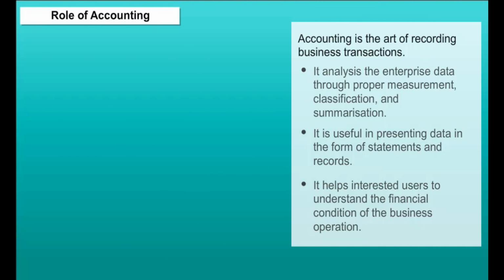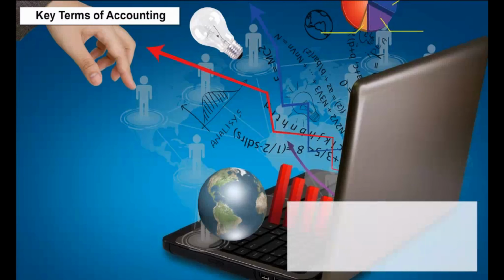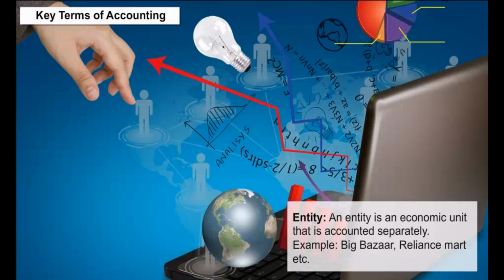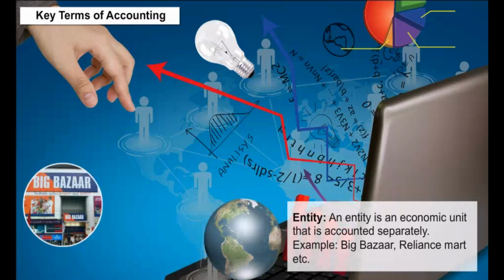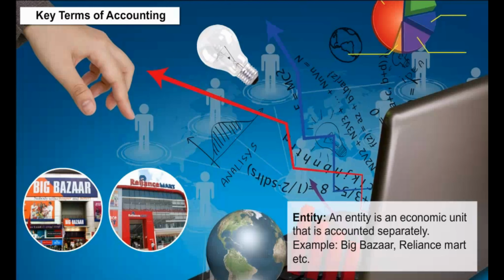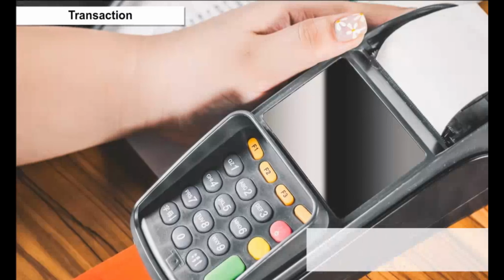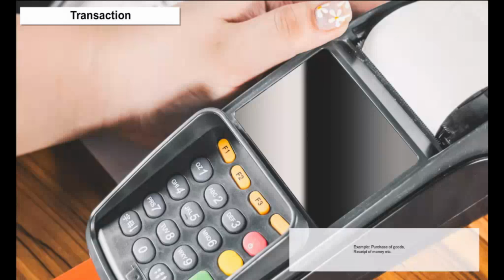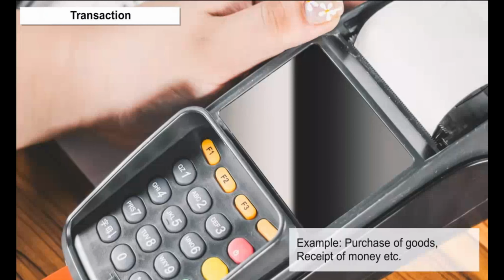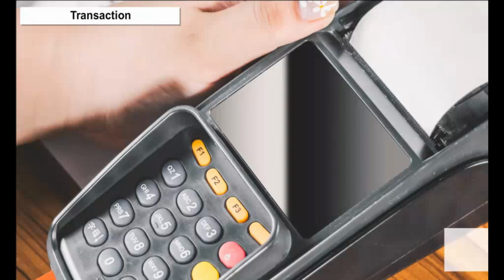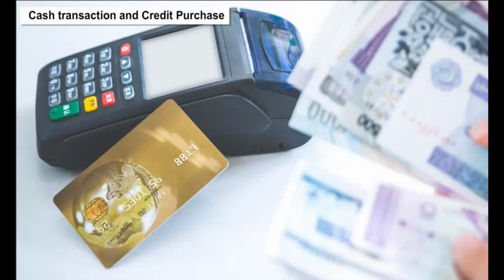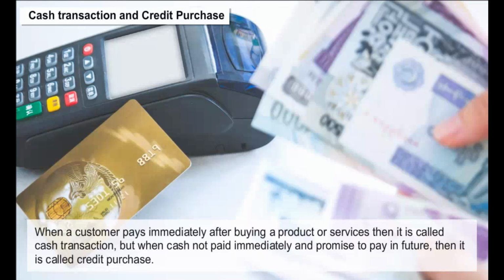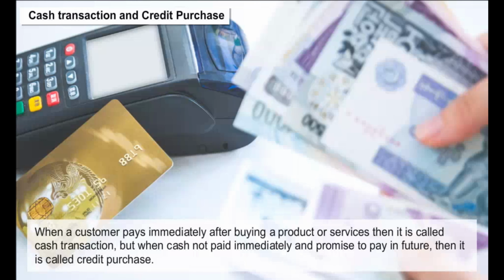Key terms of accounting. Entity. An entity is an economic unit that is accounted separately. Example, Big Bazaar, Reliance Fresh, etc. Transaction. It is a business activity in terms of cash or credit. Example, purchase of goods, receipt of money, etc. Cash transaction and credit purchase. When a customer pays immediately after buying a product or services, then it is called a cash transaction. But when cash